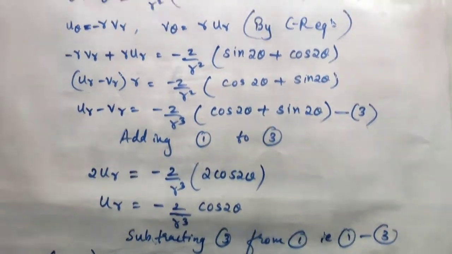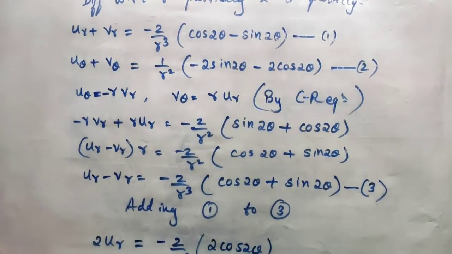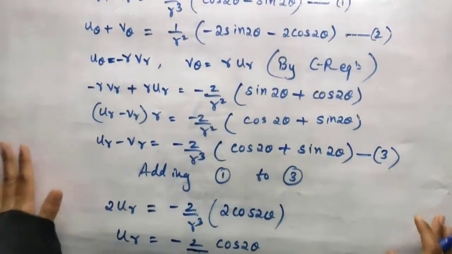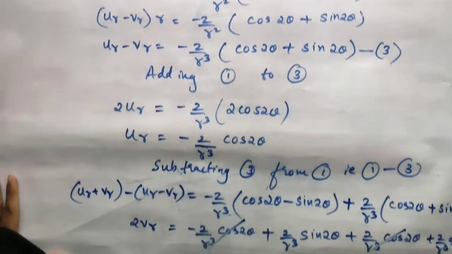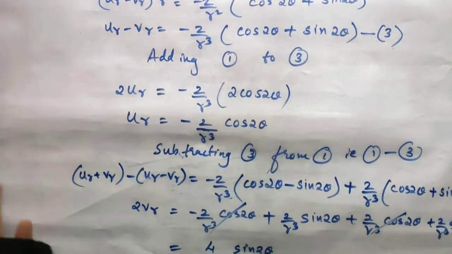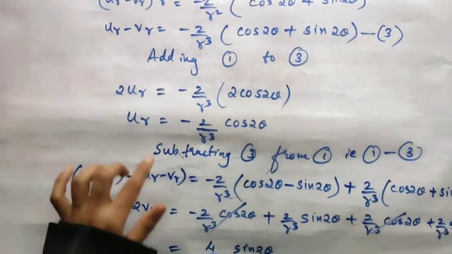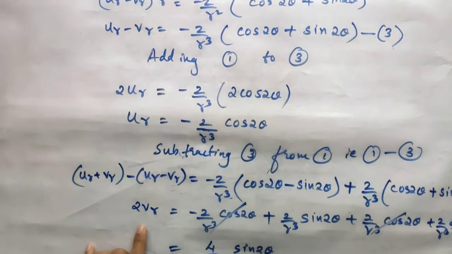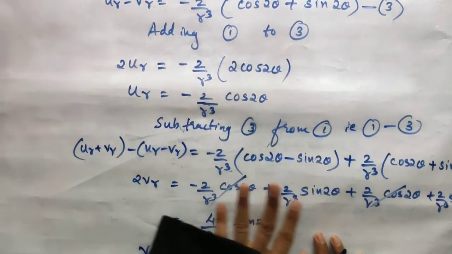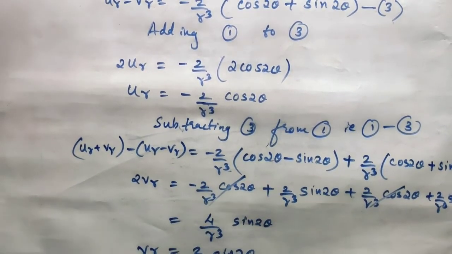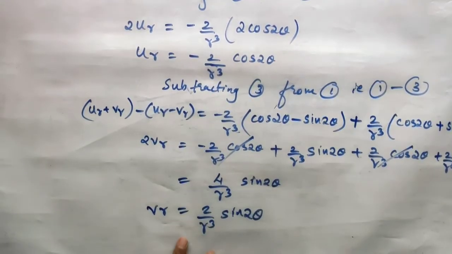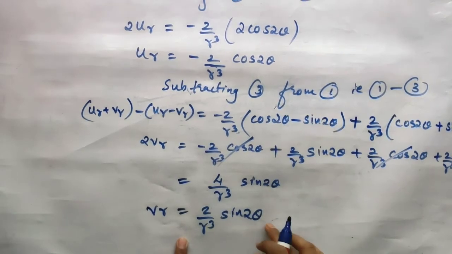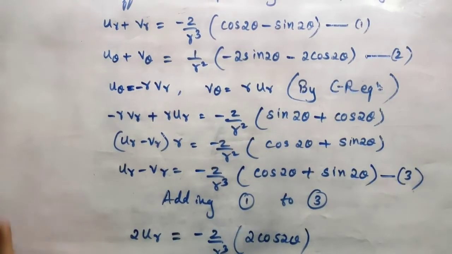Now half of the part is done. Hereafter the work is the same as what we have done before in our Milne-Thomson's method. Okay, I hope it's clear to all of you. I went a little fast over here. See, we are just adding first to get our UR. Next we subtract to get our VR. Then you see this simplification. It's very easy. And after that you got VR to be 2 by r cube sin 2 theta. Just work on your own. Okay, up till here.